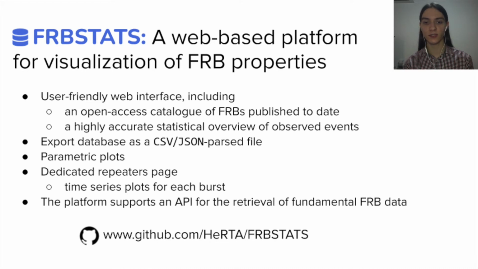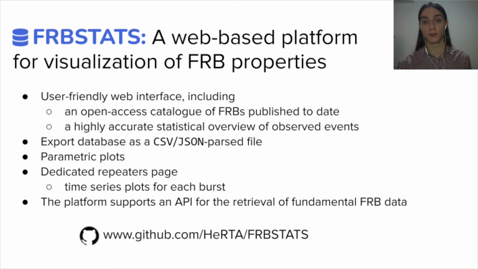One of the key features of the FRBStats platform is the capability of directly plotting the distribution of fast radio bursts as a function of some parameters of interest. And this is obviously extremely useful for getting a glimpse into the radiating characteristics of these enigmatic objects. There is also a dedicated repeaters page presenting the association of bursts with repeating FRBs, along with their time series activity, and lastly, the platform hosts an API for the retrieval of fundamental FRB parameters for all sorts of rapid